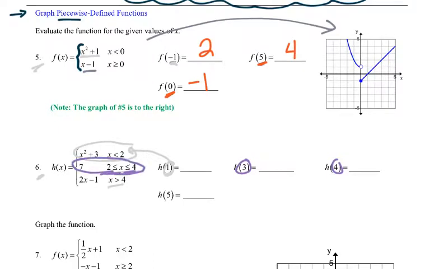And then lastly, our function is h of x equals 2x minus 1 when x is greater than 4. So any x values that are greater than 4, we evaluate with this part of that piecewise function. The way we do this is that we take the value and substitute it into the corresponding part of the function. So for h of 1,